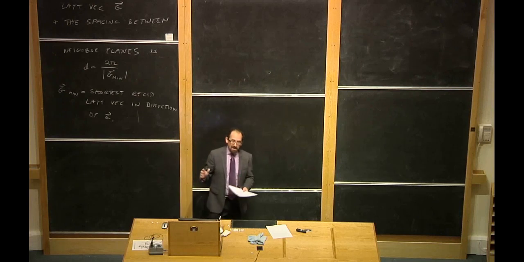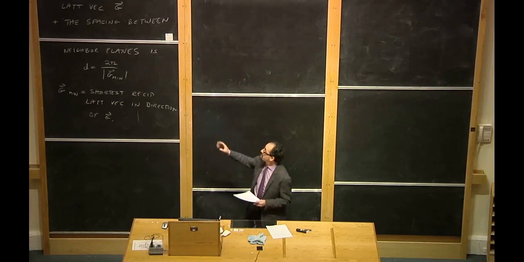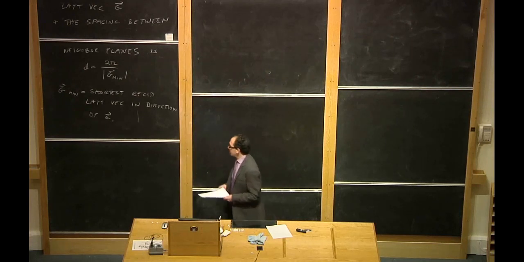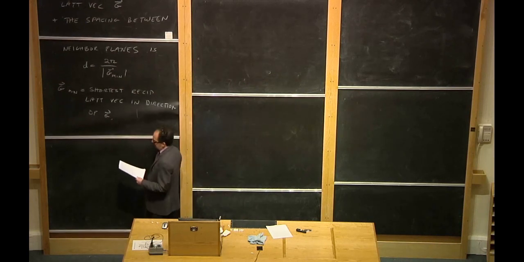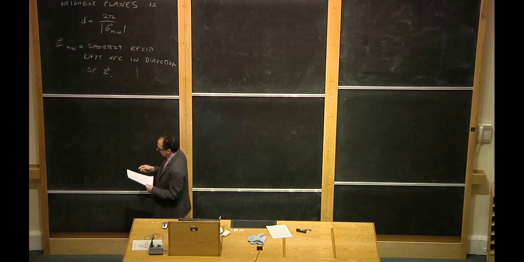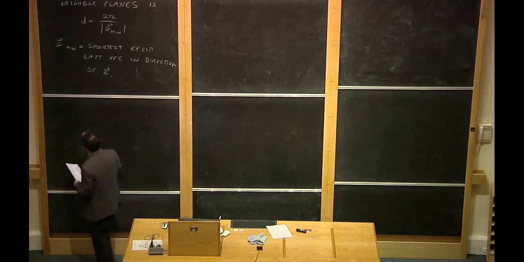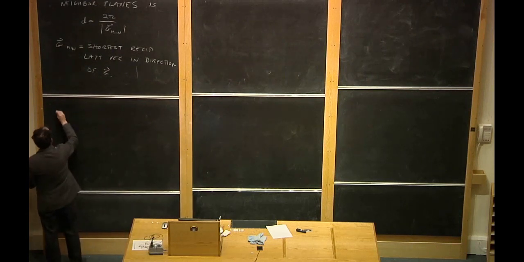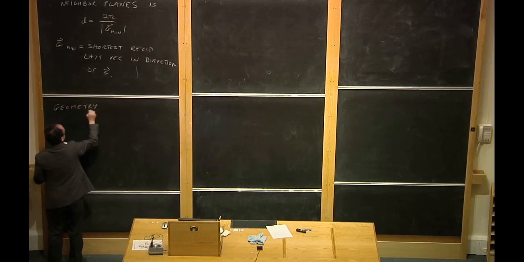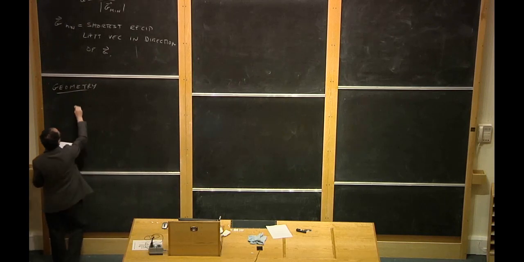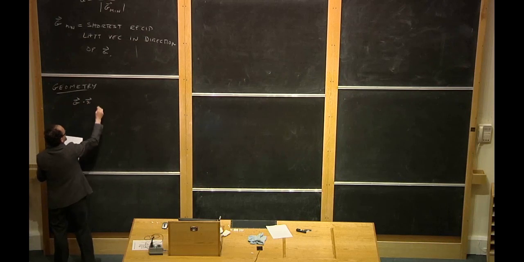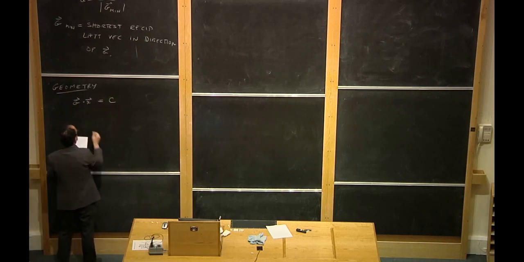We haven't shown it. It's useful to actually prove this statement because in the proof there's a lot of important geometry that we're going to need coming up in a moment. So let's go through the proof that this is true. This is just a proof by geometry, a little bit of geometry that you probably remember. First of all, let's define a plane. Pick our vector G. G dot point x equals a constant c